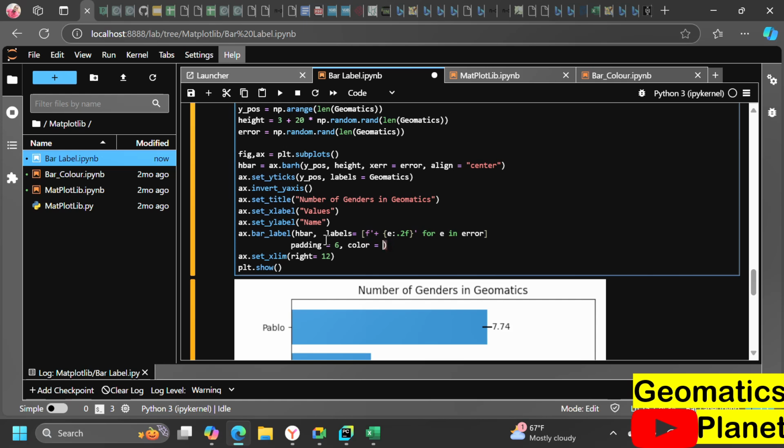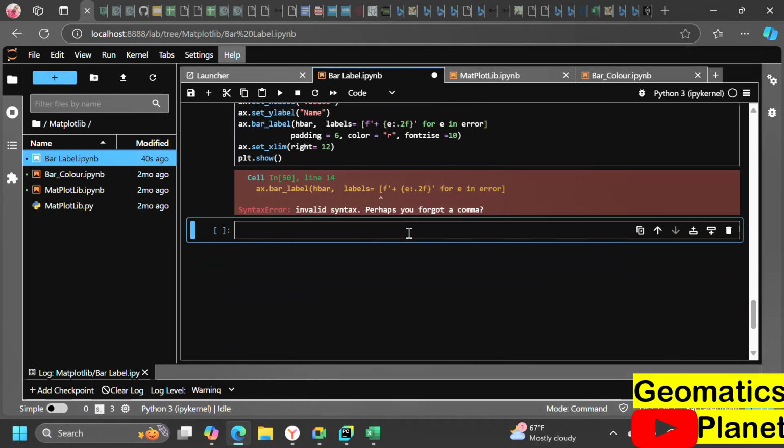And what else can we do that will make sense? Let's put this in red, and after red we can also change the font size. Let's make it 10. With this you can close this up. You can also do a few things like this. When you do this, you can put it right limb, and then when you run this,